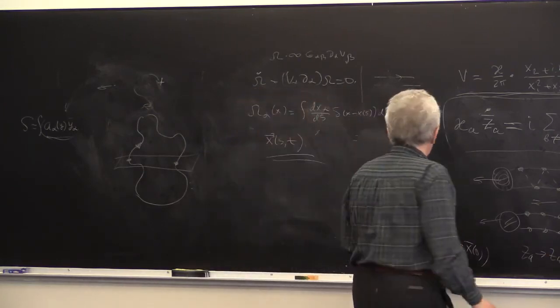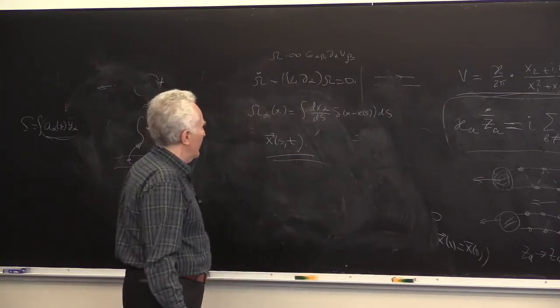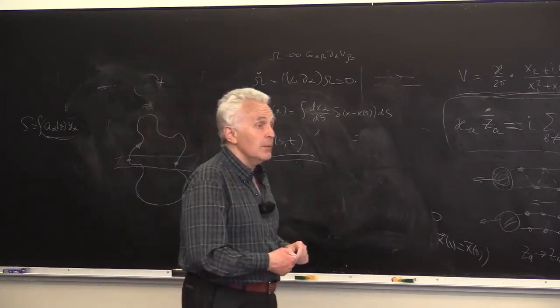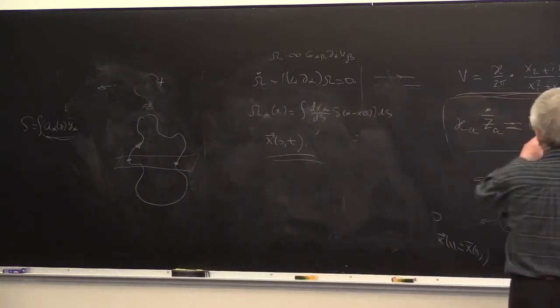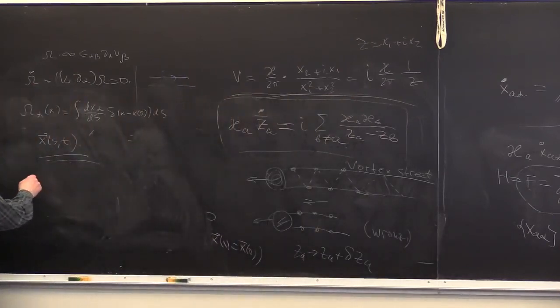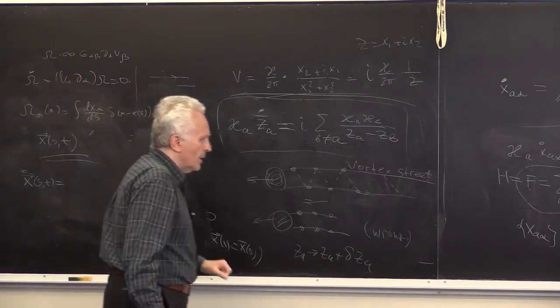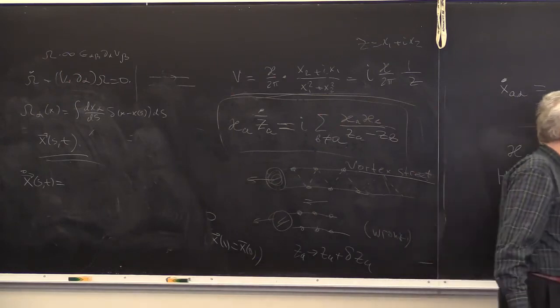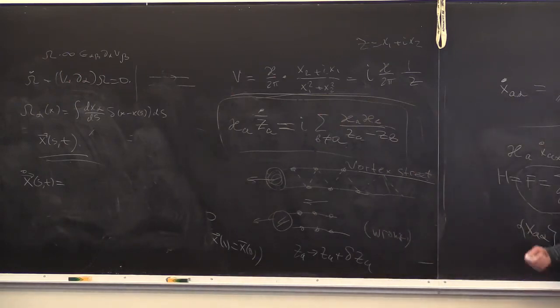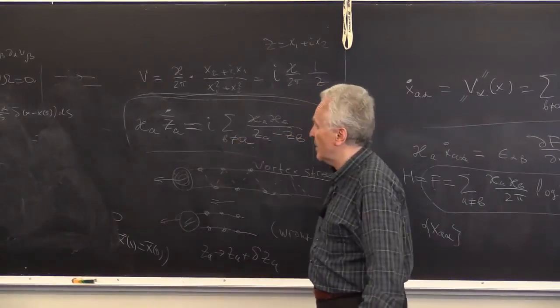You have the function x of s and t, and it satisfies the equation. You can write down the analog of this equation for the function x of s and t. So I would write x dot of s and t equal to something. And the equation could be derived from this relation, or the three-dimensional analog of this relation. But it can also be guessed, conjectured in the same way we conjectured the two-dimensional equation.